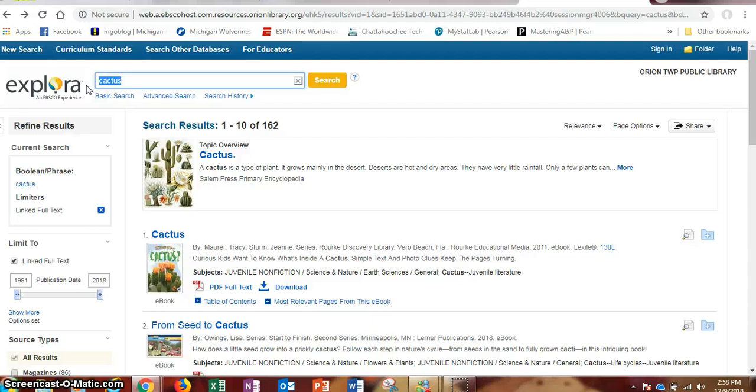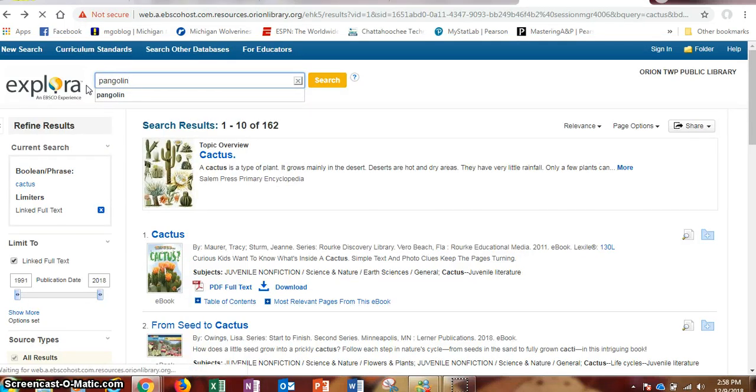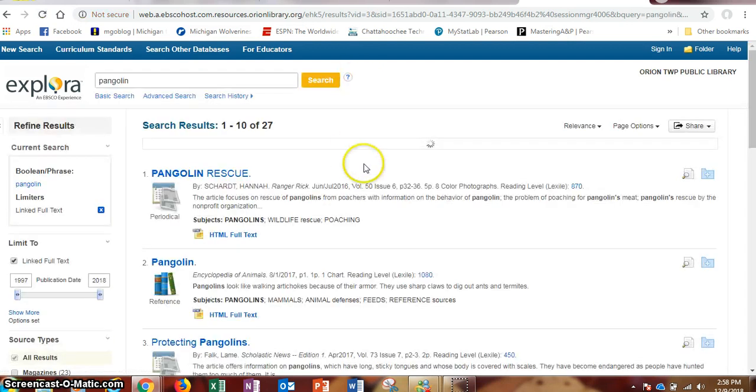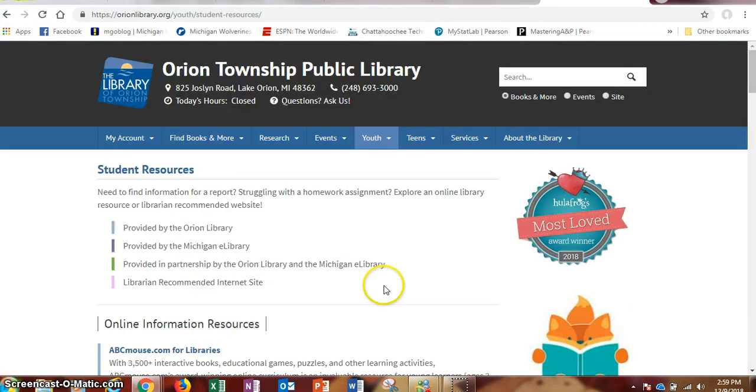I might type in pangolin, and it takes me to my resources. I can find the HTML full text. I can upload periodical, magazine entries, any of that. And of course I can always cite everything. Okay, so I'm back at my student resources page,